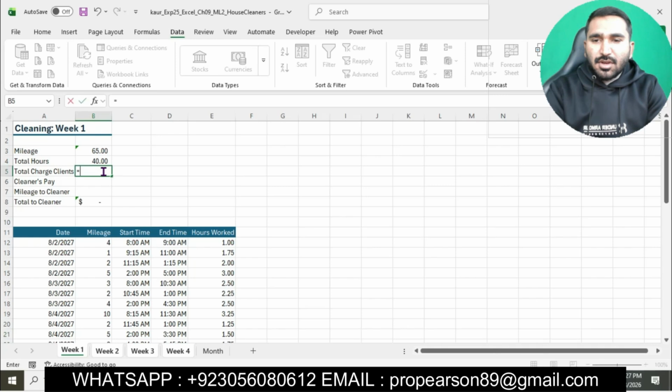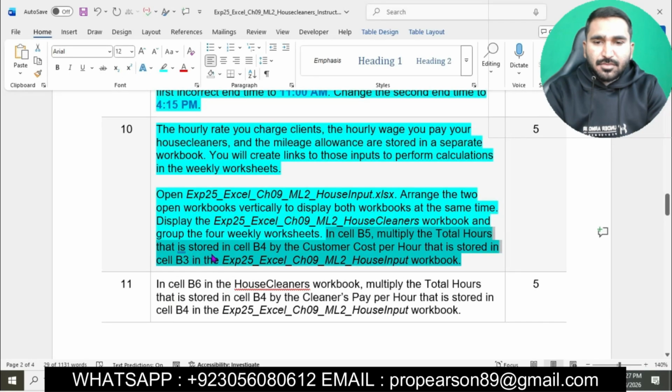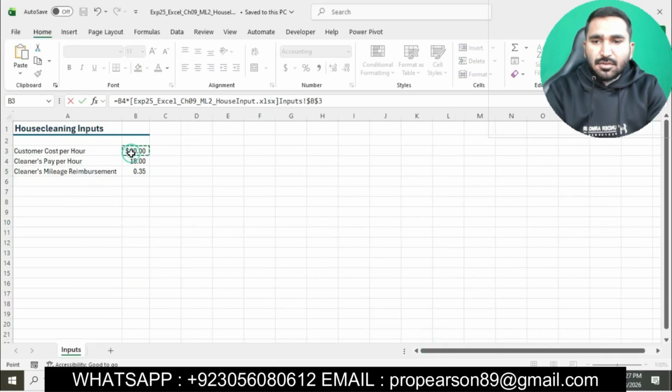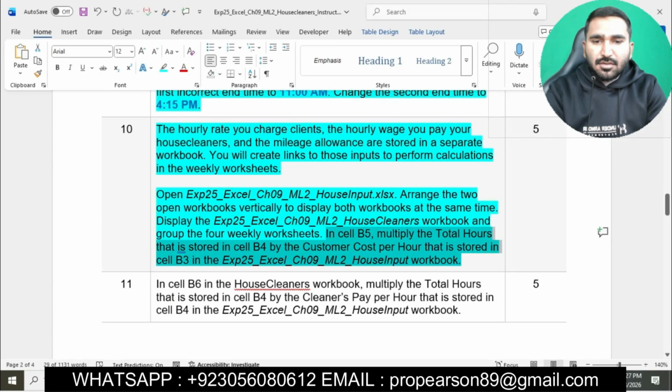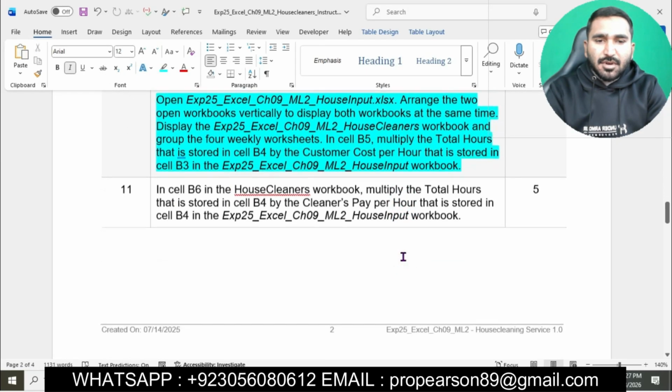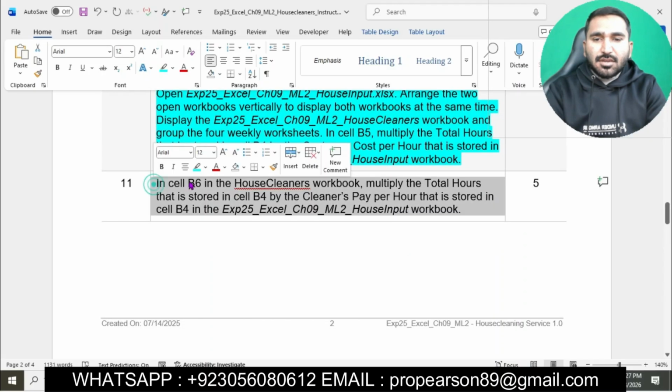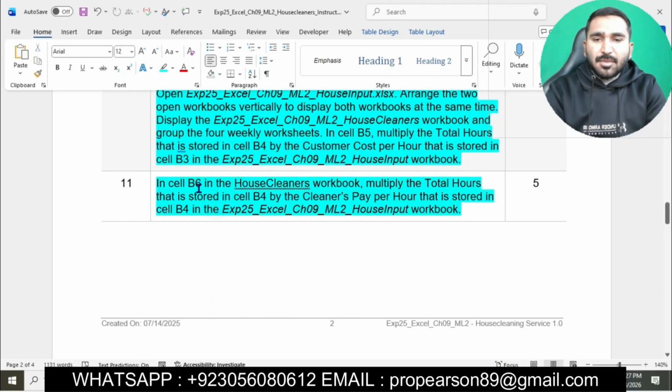So we'll click on cell B5 in the week 1 worksheet, press equals, and then B4, the total hours, multiplying by the customer cost per hour. Okay, this is good now. So cell B3 in the House Inputs workbook, this question is done now. So we will move on to question number 11. In cell B6 in the house